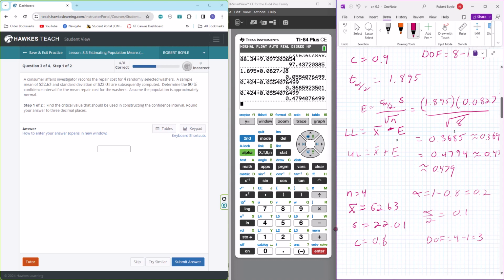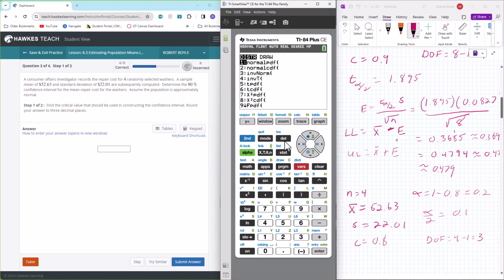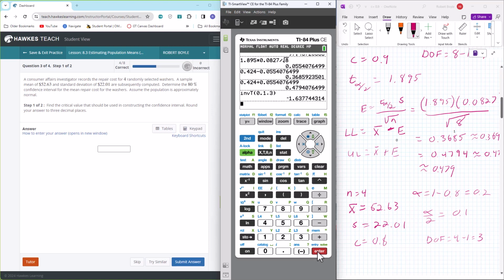Now, to figure this out using our calculator, we need to go into distribution. So that'll be second VARS, and we are looking for the inverse T. We have an area, we have a degrees of freedom, we want to know what T is, so that's going to be 4. My area is going to be 0.1. My degrees of freedom is 3. And now we can just go ahead and paste and calculate this. And we get negative